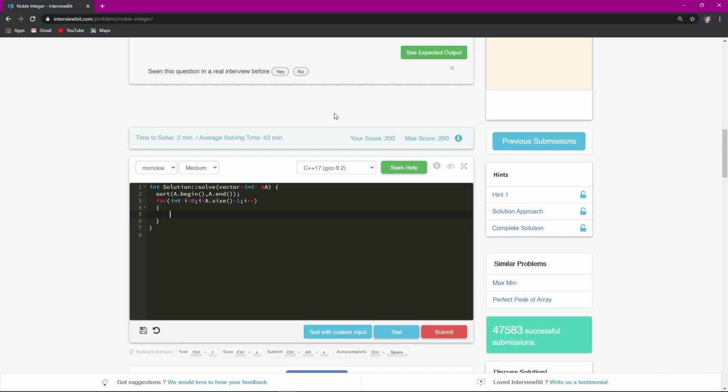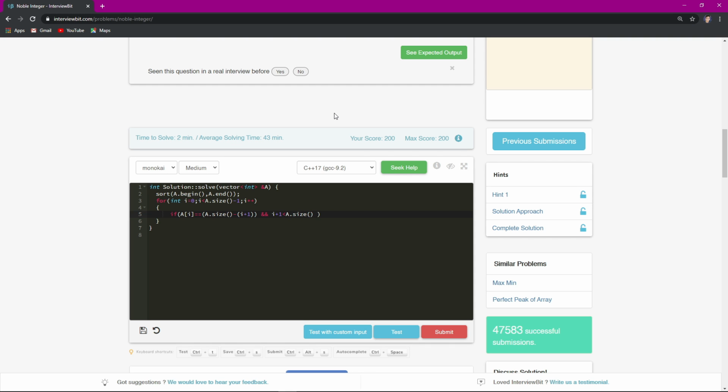Over here, the reason I kept a dot size minus 1 is that I will be putting one more condition. So first, I check my a of i plus 1, the thing that I told you. Then the next thing that I will check is if my i plus 1 is less than a dot size, so it shouldn't happen that I exceed the limit.